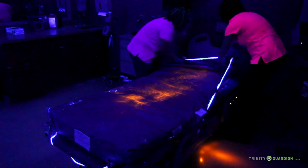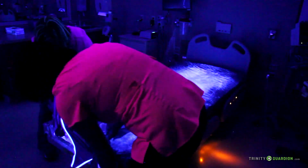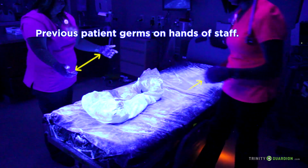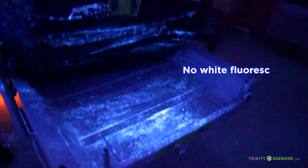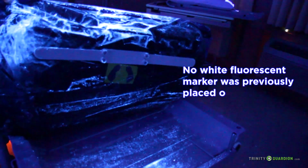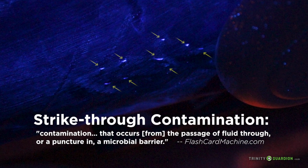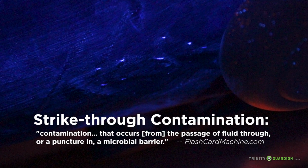Now let's remove the Trinity Guardian patient protection system. Notice that no orange fluorescent marker has made it through the mattress or the bed deck, thanks to this impermeable barrier cover. Also notice the white fluorescent strike-through from the mattress, which illustrates the importance of intact mattress surfaces for